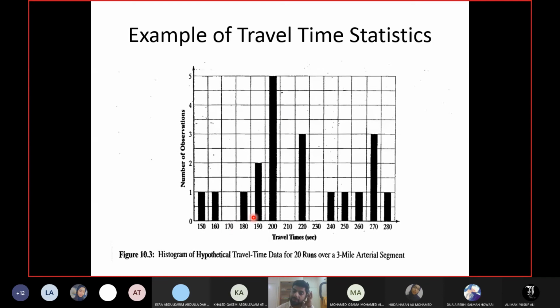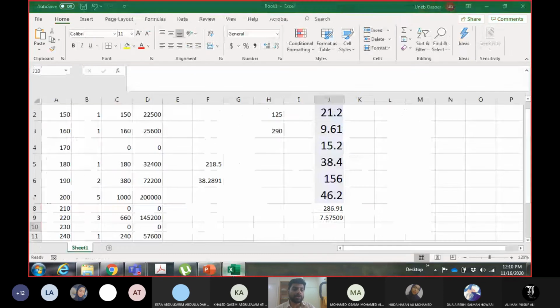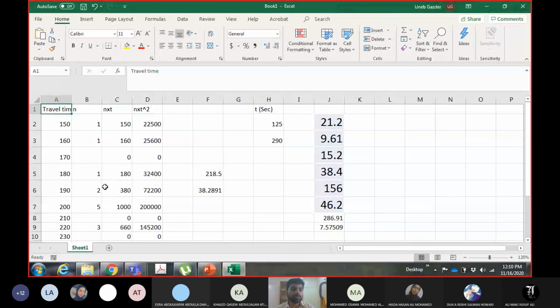So now we have to calculate the mean and standard deviation of the travel time using this data. Although it is not asked in the question, they are using it in the next slide. So I will tell you how to calculate the mean and the standard deviation using this graph. Since we are more familiar with the tabular format, first of all we will write down the values from this graph in the form of a table, so the calculations are easier for us. For your benefit, I already performed this calculation in the previous section. So we have the travel time, which is the value from the x-axis, and then we have the n, which is the value from the y-axis.